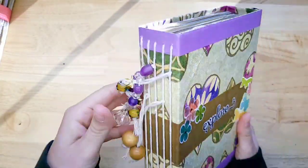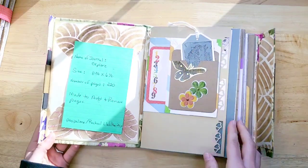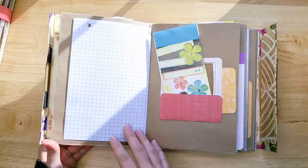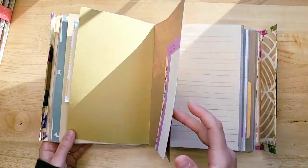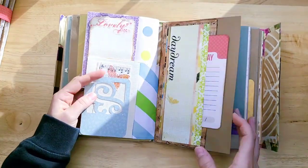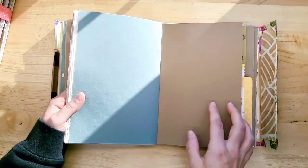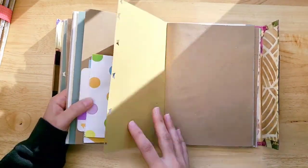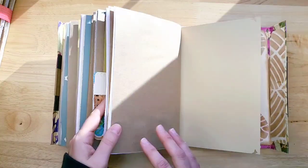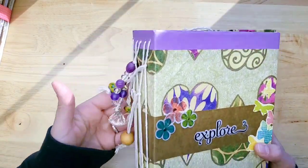This is cute. Look at the beads. It says Explore. Made to add and remove pages. So it is a flowish journal. Lots of different papers. And so it has a lot of cute colors. I think that's kind of a wonderful base journal for you to build up on, like as a glue book. It would also be a wonderful journal for a child because of all the different types of papers that they could paint on, craft on, kind of play with. And since it kind of is self-contained and closed in this sweet little box